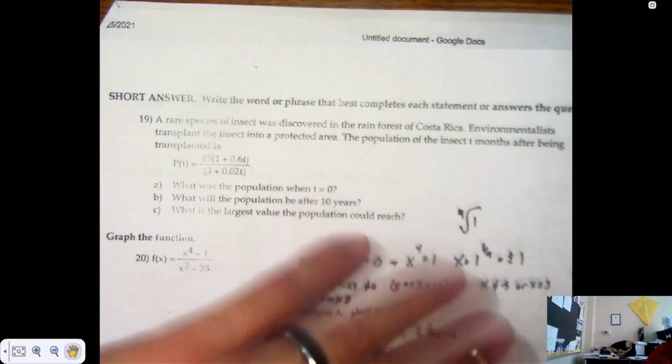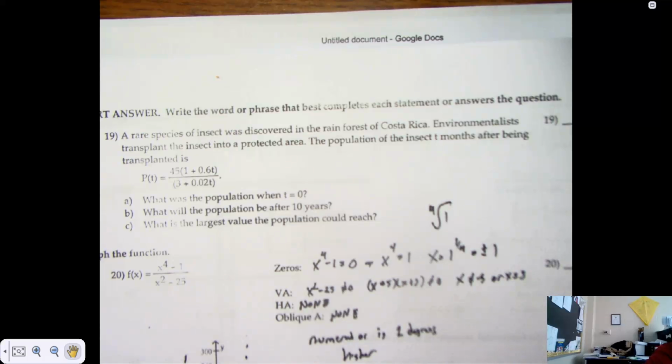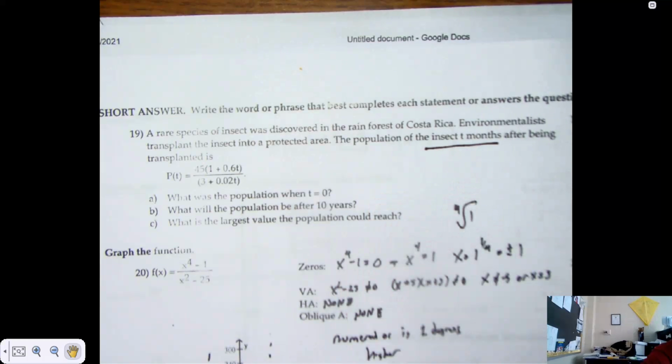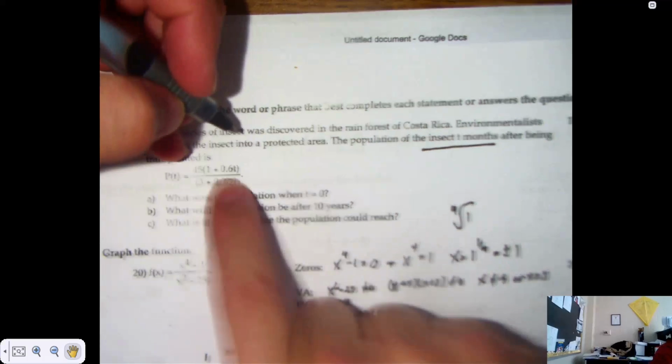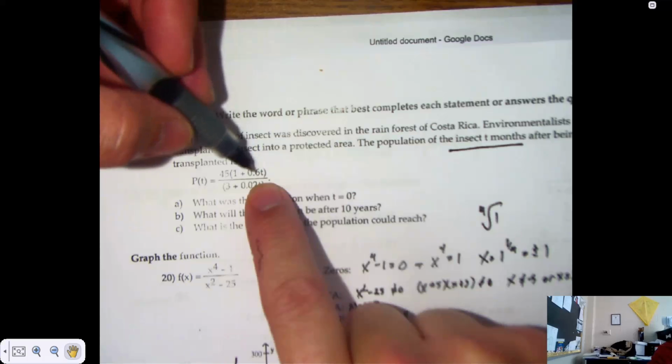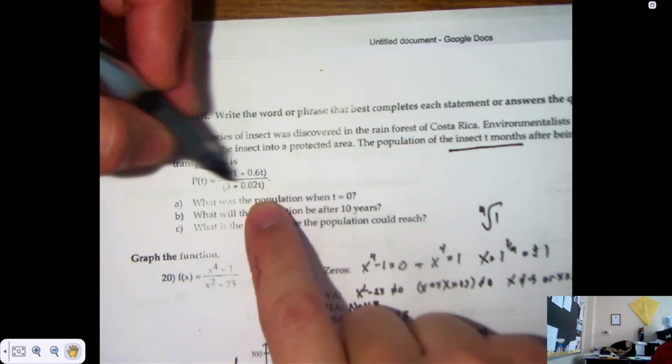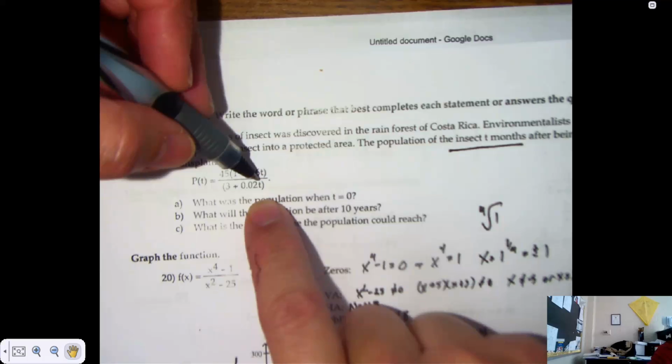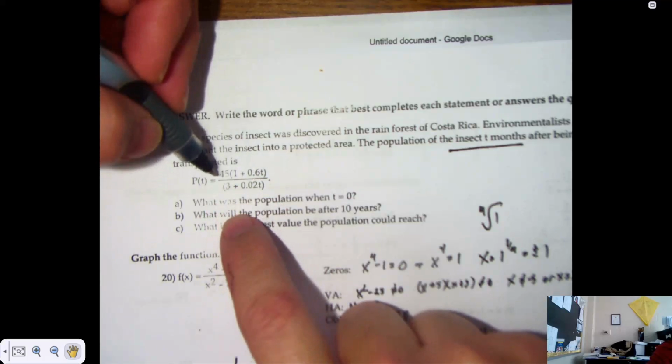We have a word problem in 19. A rare species of insect was discovered in the rainforest of Costa Rica. Environmentalists transplant the insect into a protected area. Population of the insect T months after being transplanted is given as follows. I made this mistake yesterday, so be careful about that. T months, right? What's the population when T is 0? What are you going to replace T with? I feel like you ought to be able to look at it and figure that out. So this 0.6T is gone, isn't it? This 0.02T is gone, right? You're left with 45/3. That's all you're left with,